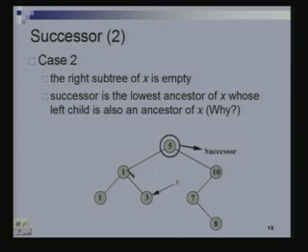So you went up to here, but note that this is in the right subtree of this node. Then you went to its parent, and here you found that 3 is in the left subtree of 5. Right? So you'll stop here, and this becomes the successor. You understand the procedure, but why is this procedure correct?